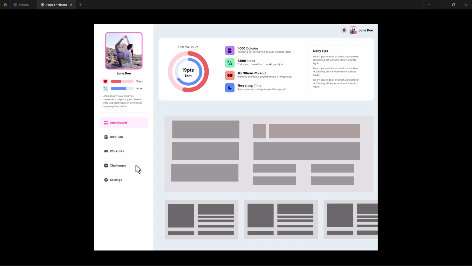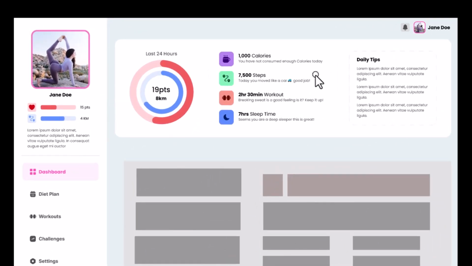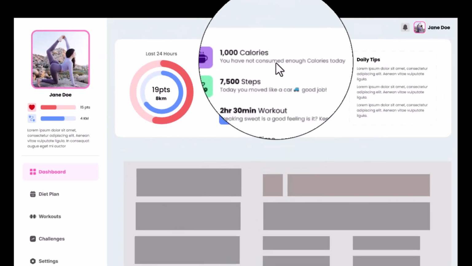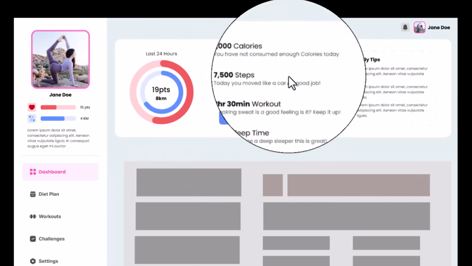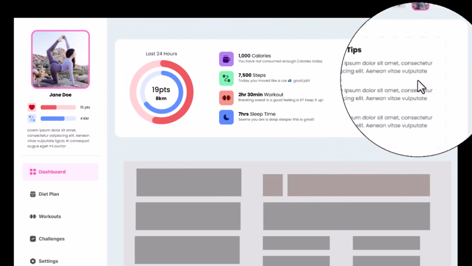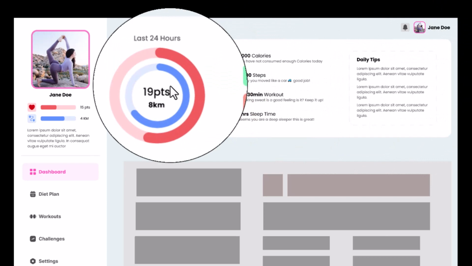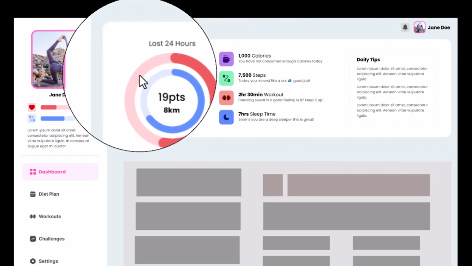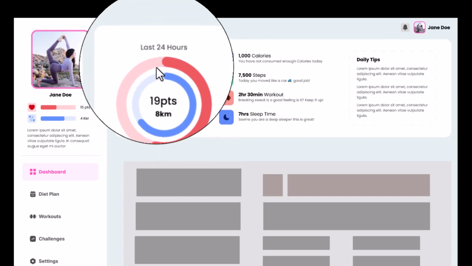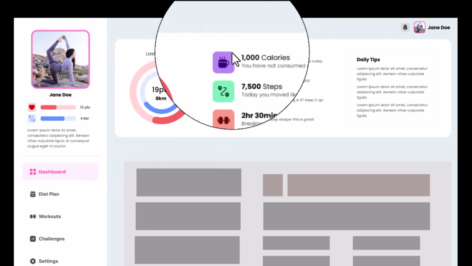In our next section, I changed the daily monitoring to this graph and added the calories on this side and moved the daily tips to this section. The reason for that was I wanted to look at the previous 24-hour statistics so that they can compare it to the current day,